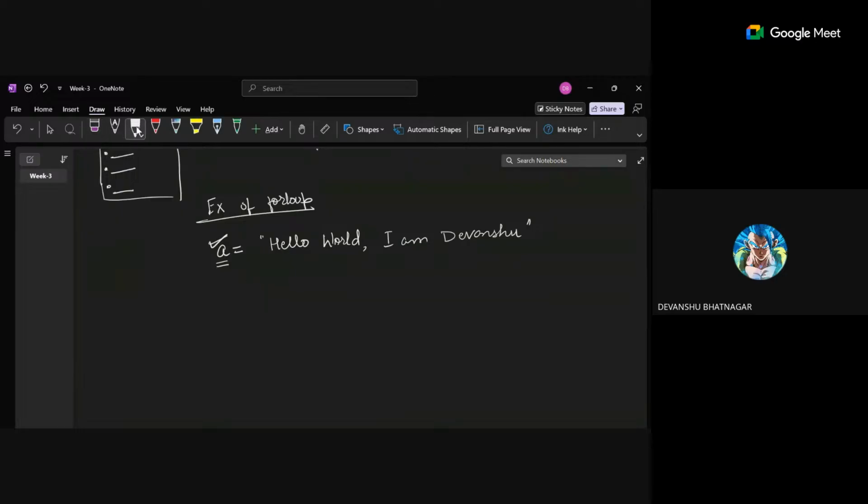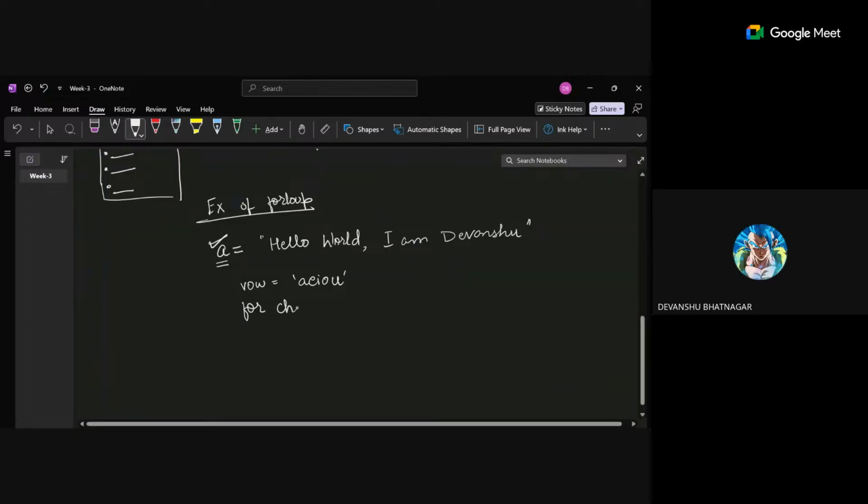So the actual code will be: I create a variable which is a string again, a e i o u. Okay. And then what I'll say is for char in a, char is some variable. Don't worry if I change c to char. Okay. For char in a,